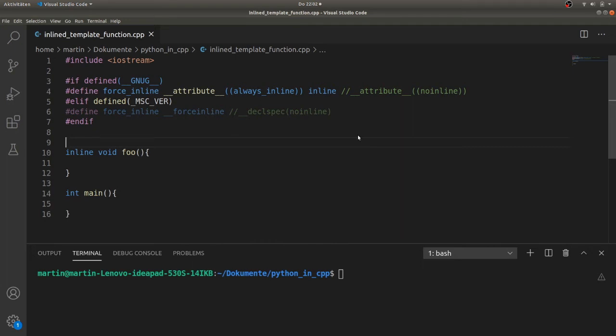Hello. Today we're going to talk about inline template functions. First of all, there is actually no such term as inline template functions, but we can work around it. So what we are trying to achieve is, let's say we have a function named compare